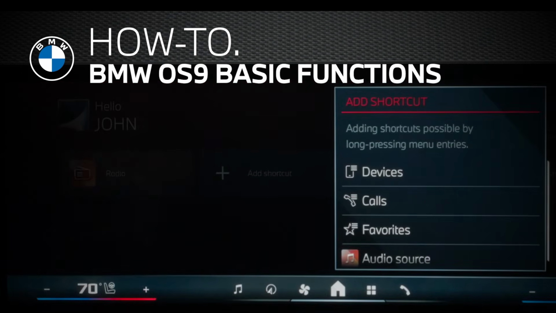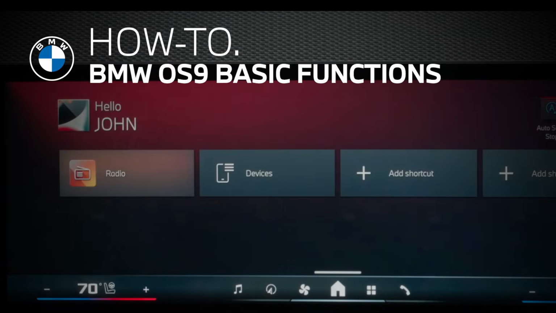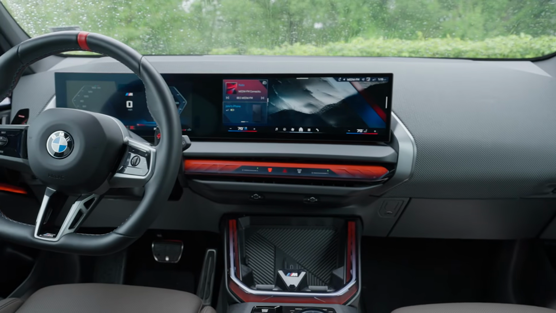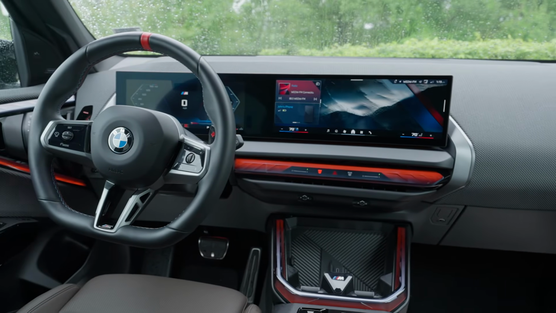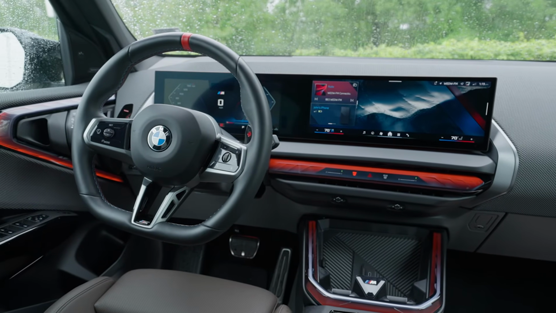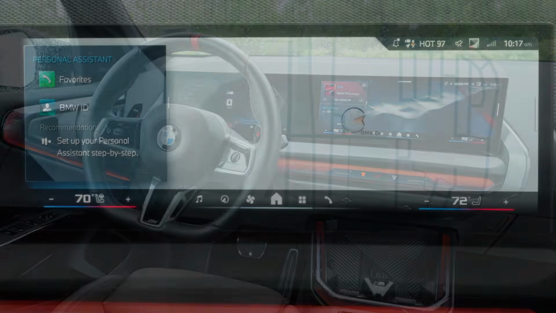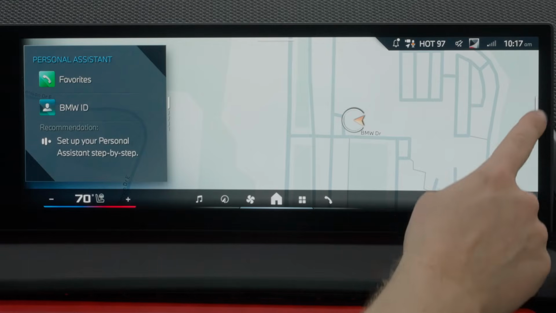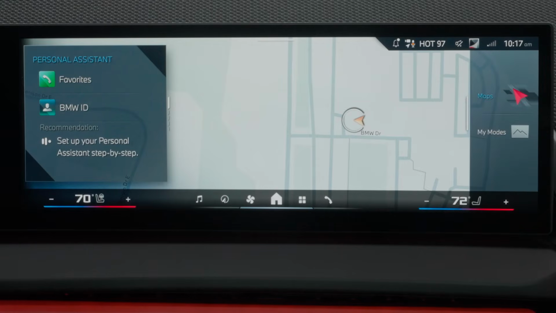The new BMW Operating System 9 offers intuitive touch control on the BMW Curve display. To configure the home background, swipe inwards from the right, then select My Modes or the map view of the